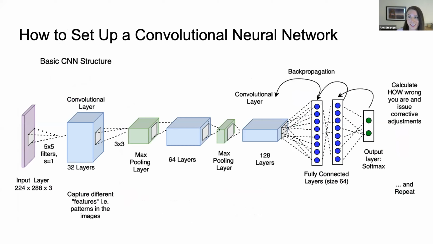How to set up a CNN. Here's a model that I used based on the AlexNet model, where the images come in from the left, go through a convolutional layer to capture the features. It then goes through a max pooling layer, which helps reduce dimensionality and helps it generalize rather than just memorize each pixel. At the end, we have our predictions, benign or malignant, which are corrected for how wrong they are, and information sent back into the model to help it do better the next time. Repeat many times, and it eventually gradually learns,